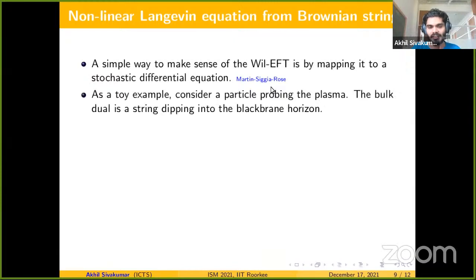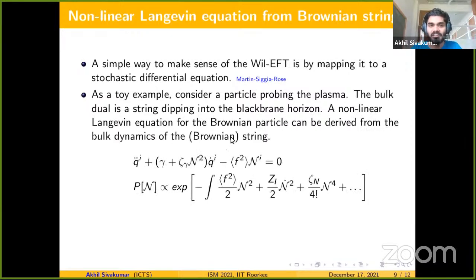As a simple example, consider a particle probing the plasma, the Brownian particle. In the bulk, the particle dualizes to a string which starts from the boundary, from the particle, but then goes all the way to the black brane and dips into the horizon. A nonlinear Langevin equation for the Brownian particle can be derived from the bulk dynamics of the Brownian string, which looks like this. You notice that in addition to the usual dissipation and the stochastic force, you have a